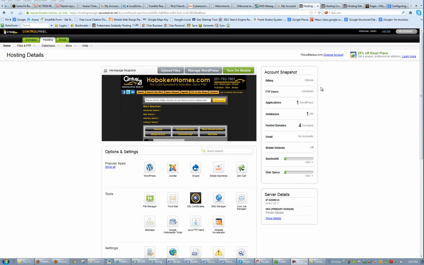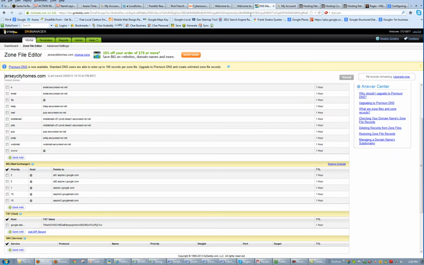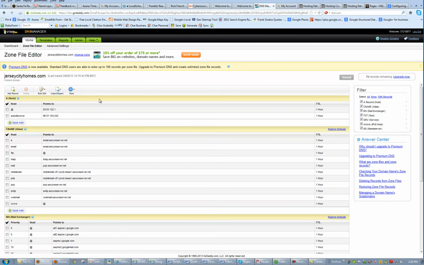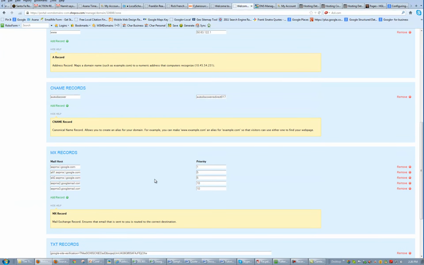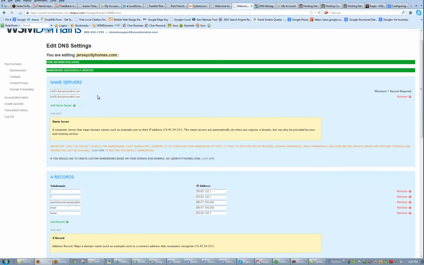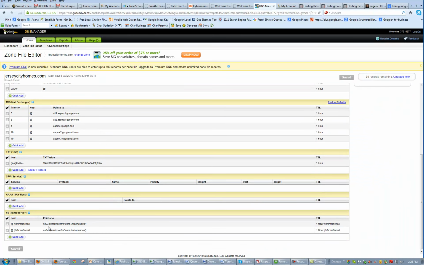I do want to point out one last thing. Of all the different things that I added to the DNS records for this domain name, as far as the A records, the CNAME, if you are hosting the domain name here at GoDaddy for the hosting account, and the email and everything else is going to be here, and there weren't any, it was just a domain name you purchased somewhere else, and it didn't have all these extra records, you could skip all of that. The only thing you would need to do is change the name servers here based on the DNS management and